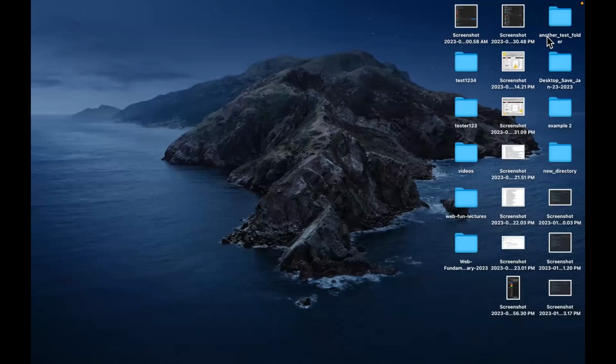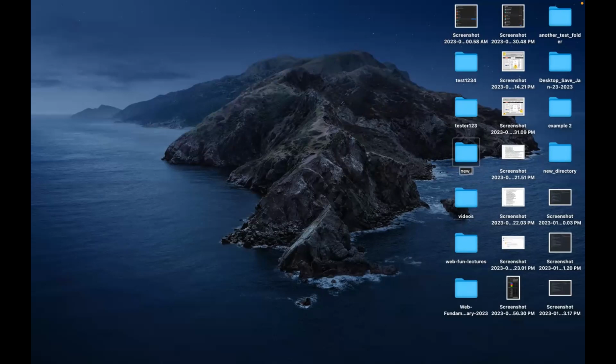And I want to use my mouse. I have a lot of screenshots here and other folders. So I want to create a new folder. What I will have to do is right click on my screen, on my mouse, say new folder, and that's my folder. If I want to retitle this folder, I double click it and I'll say something here like